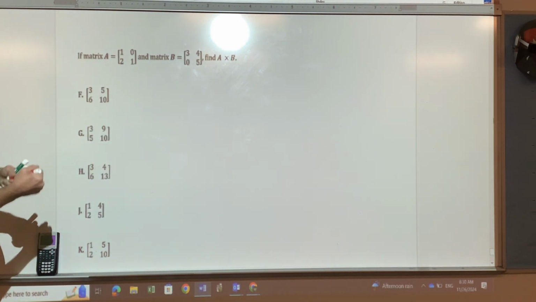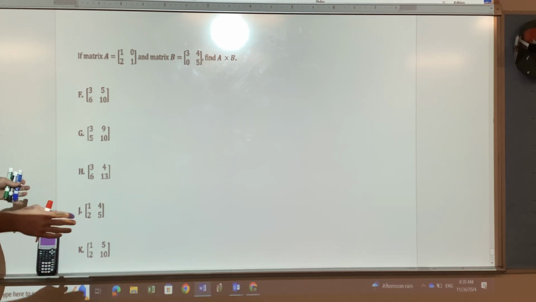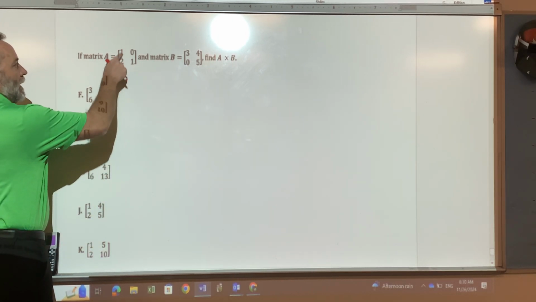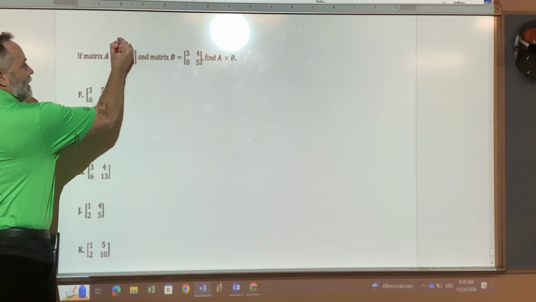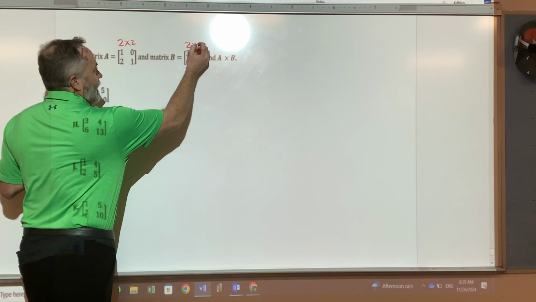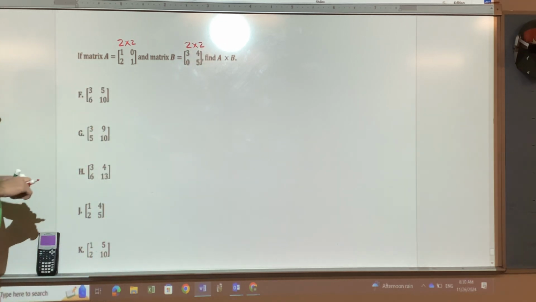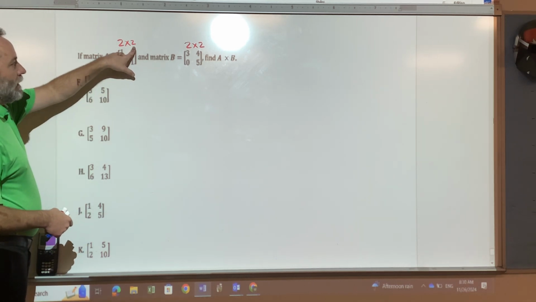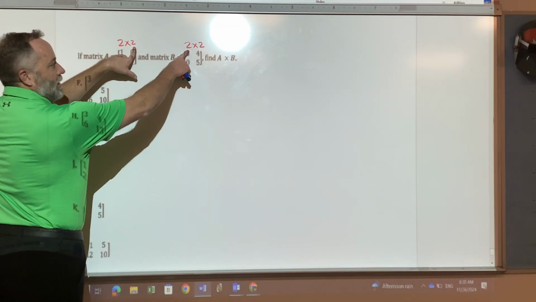let's just discuss a few things. First of all, the dimensions of any matrix are always written as the number of rows by the number of columns. So this is a 2 by 2 matrix, as is matrix B, it is also a 2 by 2 matrix. And in order for matrix multiplication to be possible, the columns of the first matrix must match the rows